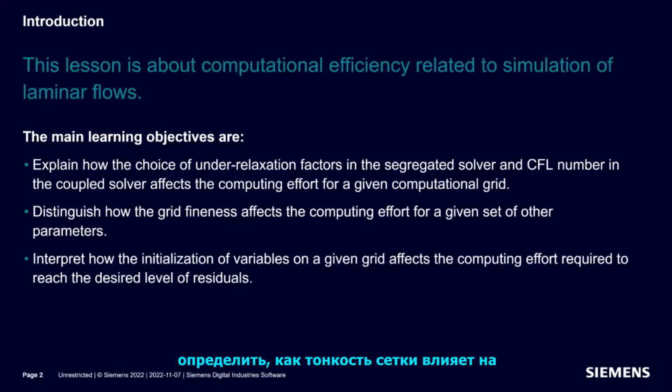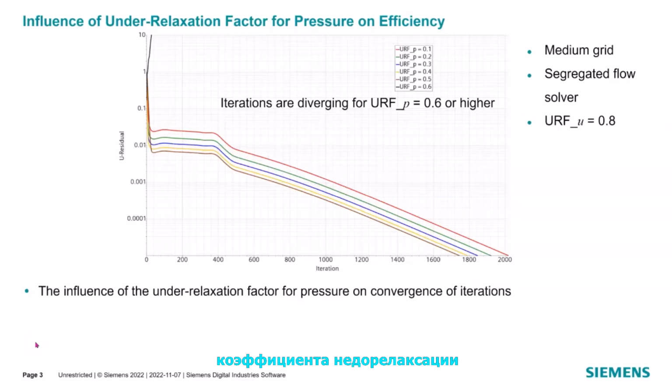To distinguish how the grid fineness affects the computing effort for a given set of other parameters. And to interpret how the initialization of variables on a given grid affects the computing effort required to reach the desired level of residuals. This plot shows the influence of the under-relaxation factor for pressure on convergence of iterations when